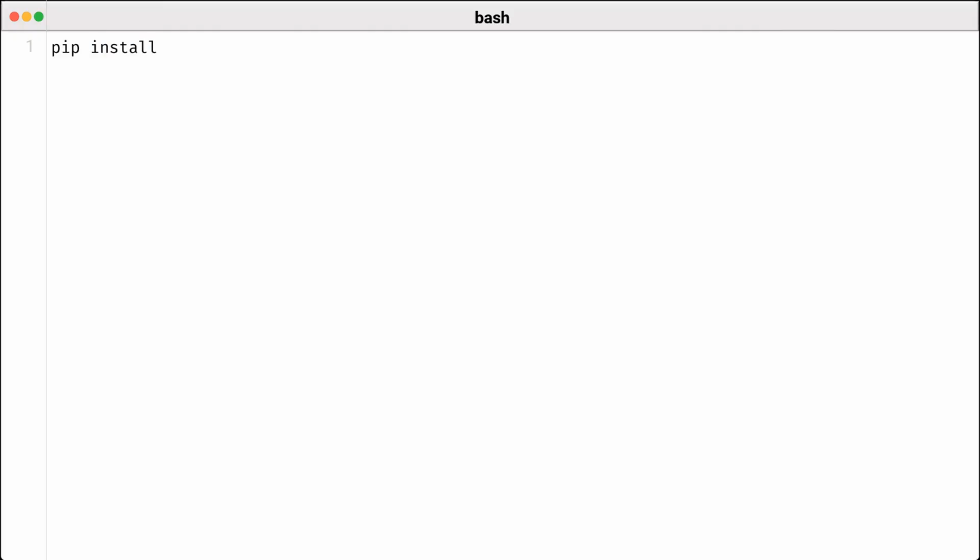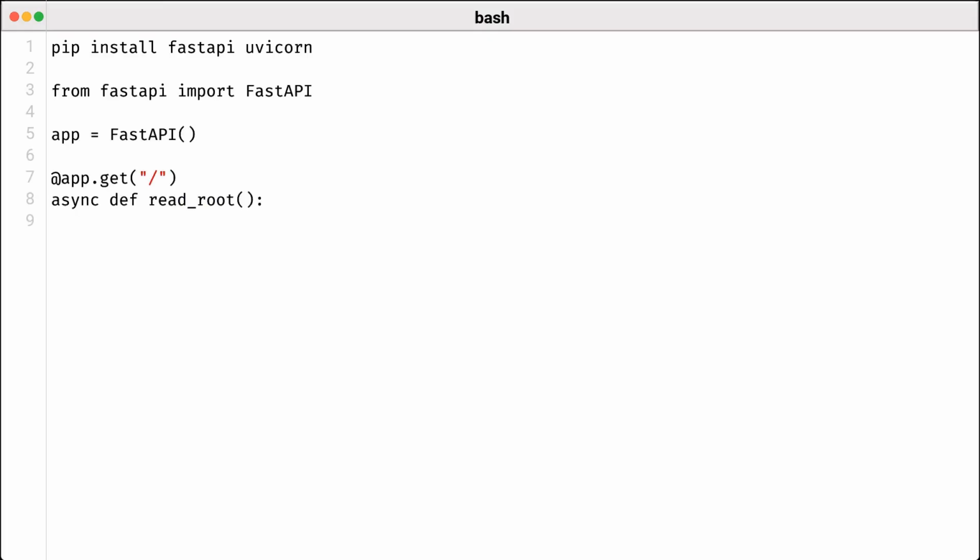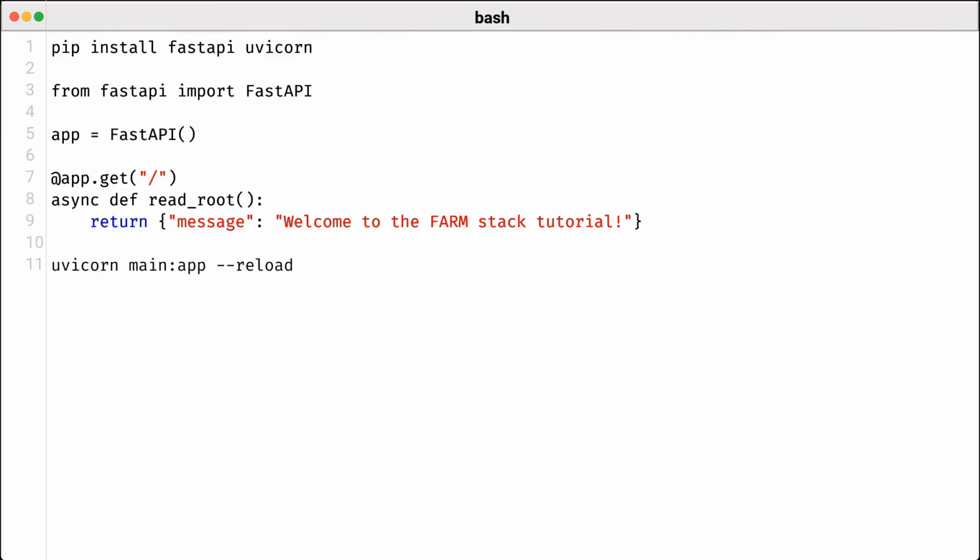We begin by importing the Fast API library, which is essential for creating our web application. Next, we create an instance of the Fast API class. This serves as our main app. Now, to define a route, we use the @app.get decorator. What this does is map a GET request at the root URL, which is just /, to a function